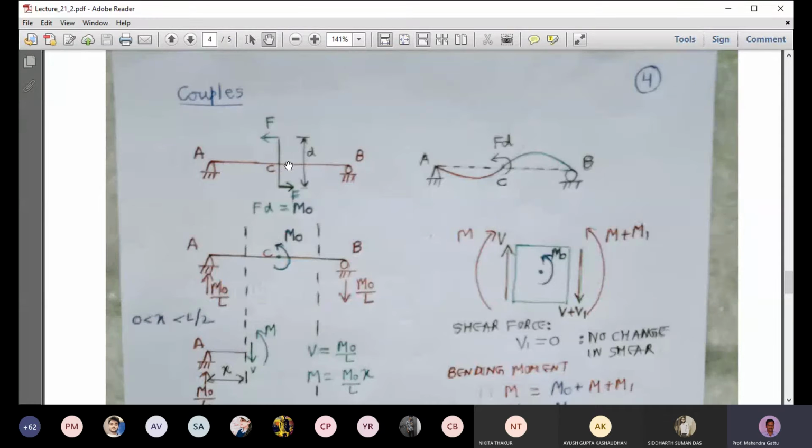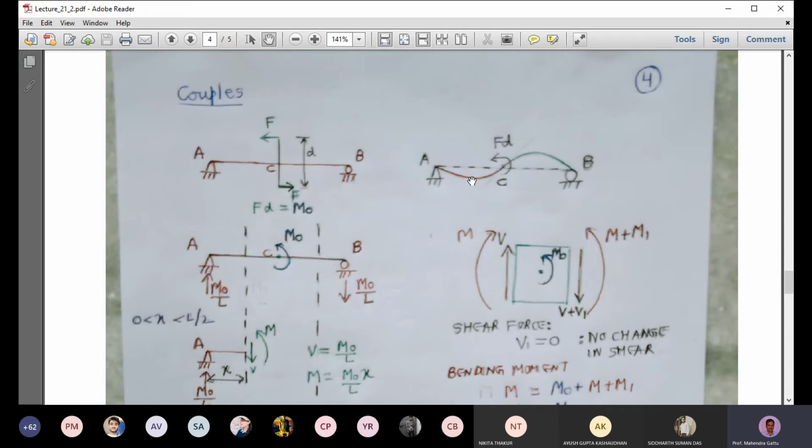At point C, we are applying a couple, and the basic difference between this couple and the couple we use in engineering mechanics is that in engineering mechanics we treat the beam AB as rigid. So it doesn't matter whether the couple is acting at point C or at point A. The static equations will not be affected. But in this strength of materials course, the beam is an elastic quantity. Beam AB is deformable. So the deformation will depend on the location where the couple is applied. So here at point C, we are applying that couple.